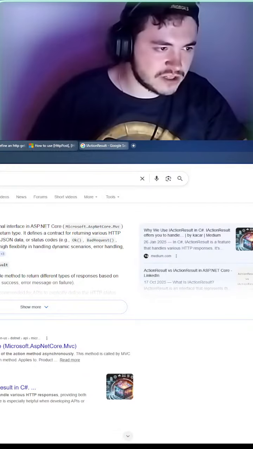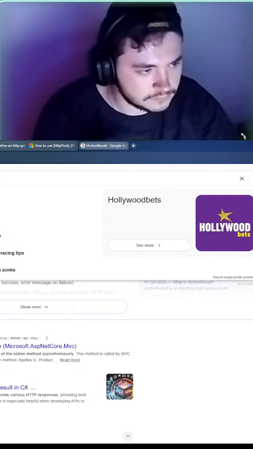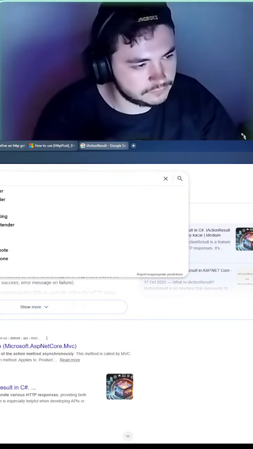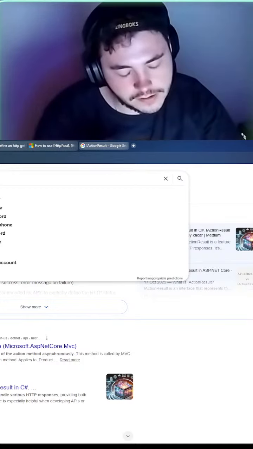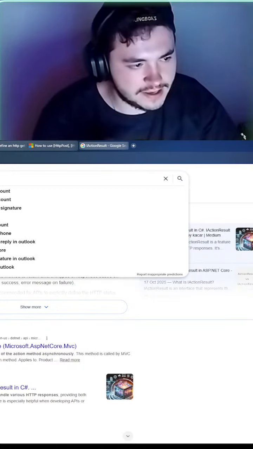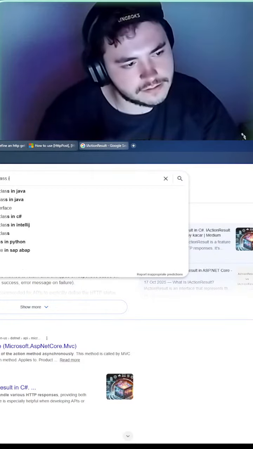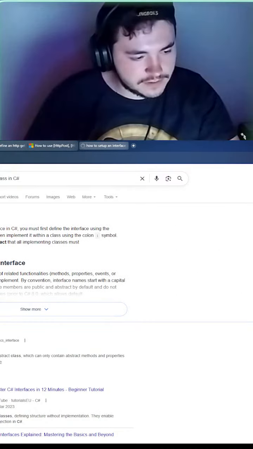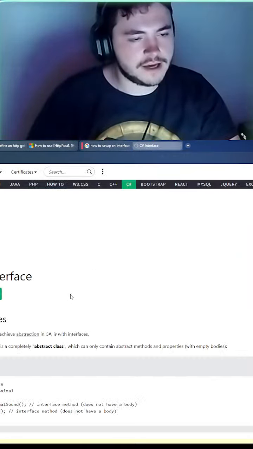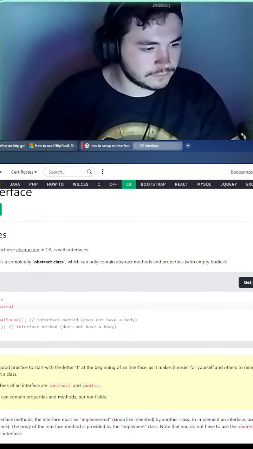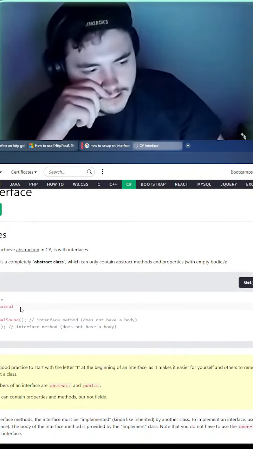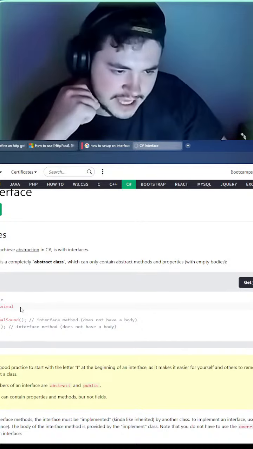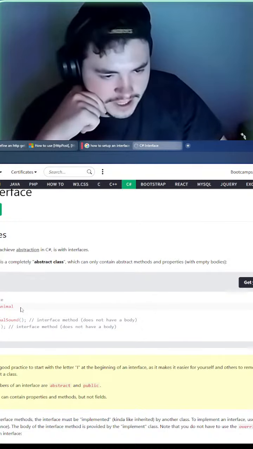So let's research. Step one is how to set up an interface, or the standards at the very least. Okay, let's look. An interface is a completely abstract class which only contains abstract methods and properties with empty bodies.